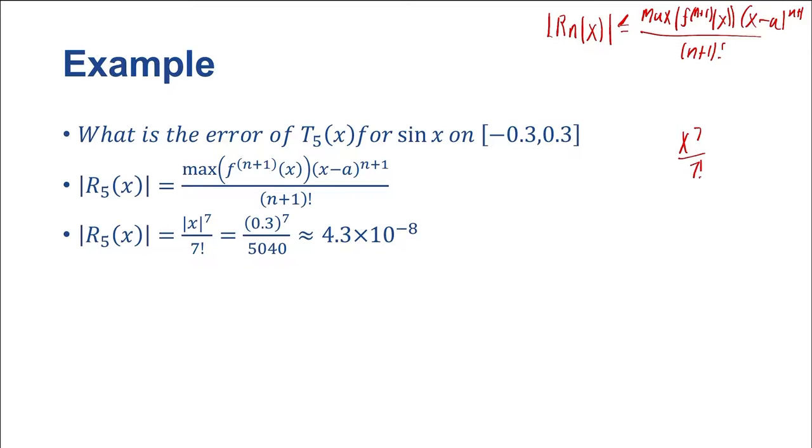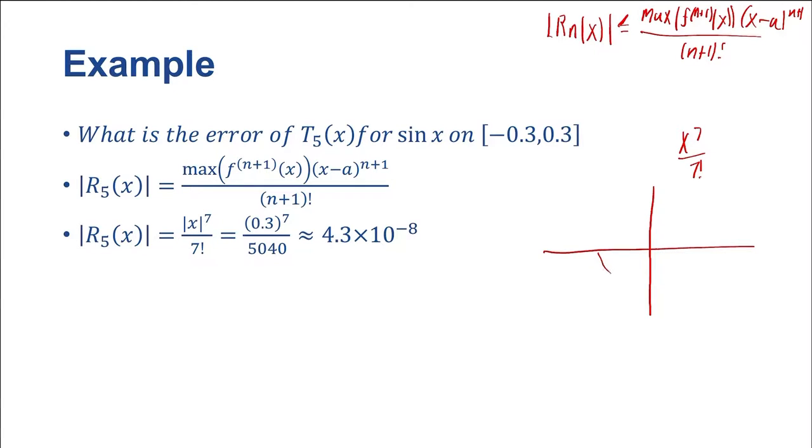And we can do this out, and we can plug in our x, so we get 0.3 to the 7th over 5040, which is about 4.3 times 10 to the negative 8th. So that's pretty cool. What we've determined is that if we use the Quintic approximation for sine of x,